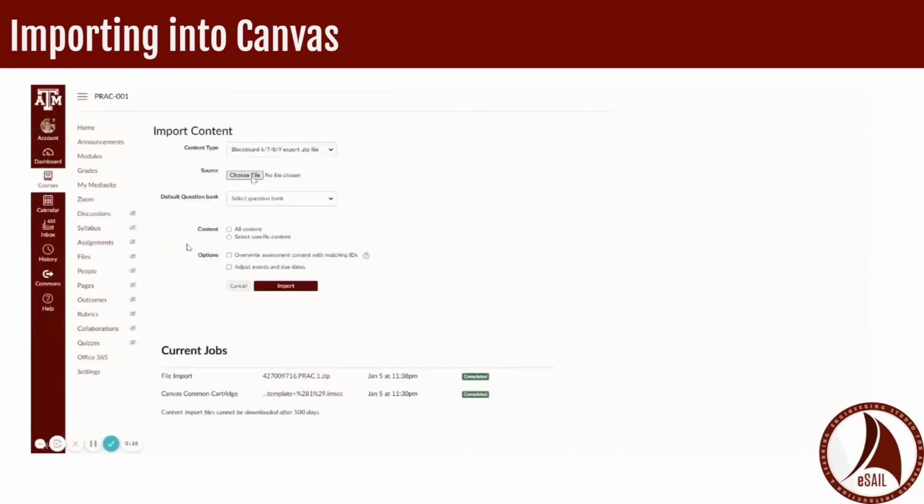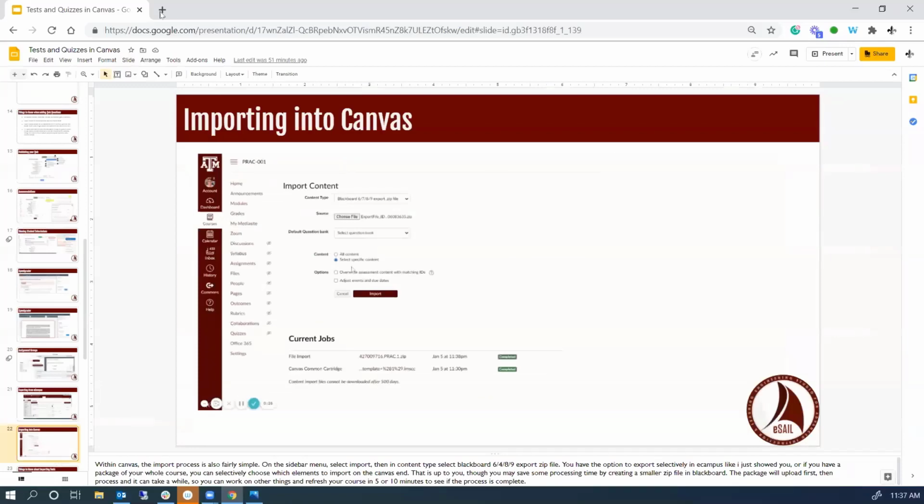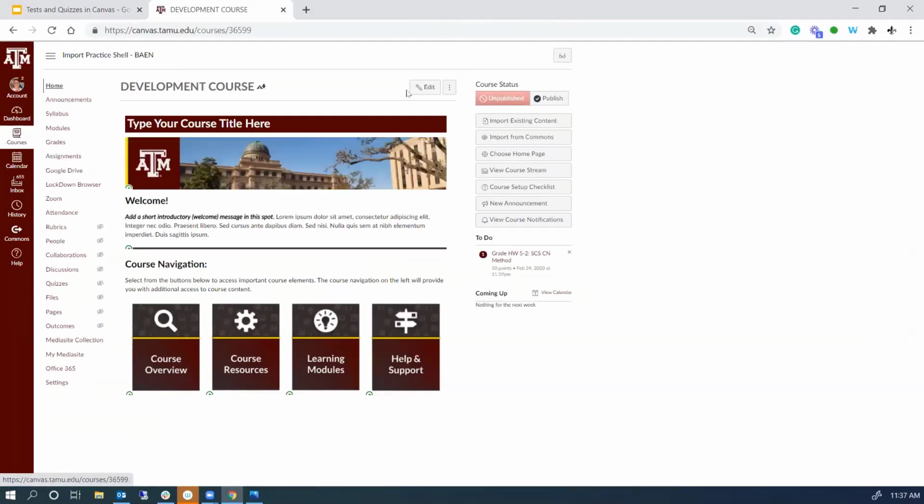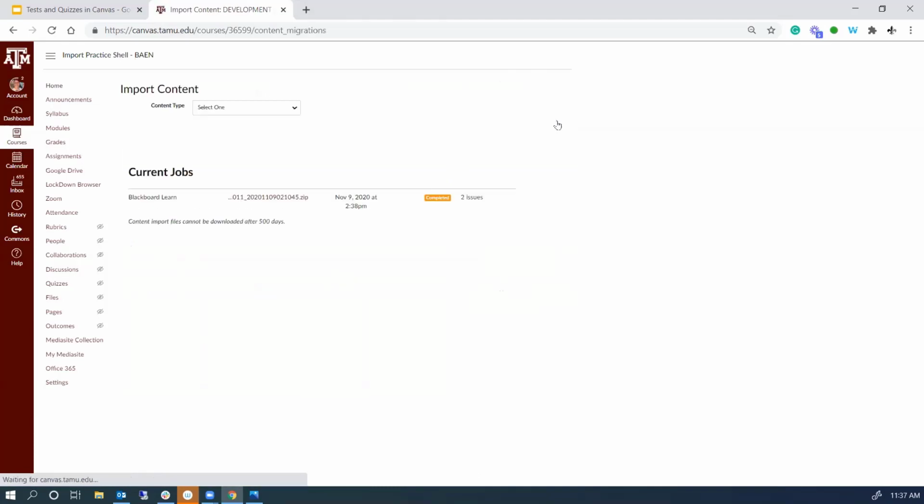And so let me show you where that import menu is, because I think that this GIF actually skips that step. So hang on just a second. Okay, so when you look on the sidebar menu on the far right-hand side, the first option is to import your existing content. And once you click there, it takes you to that interface that we just saw where you can select the content.